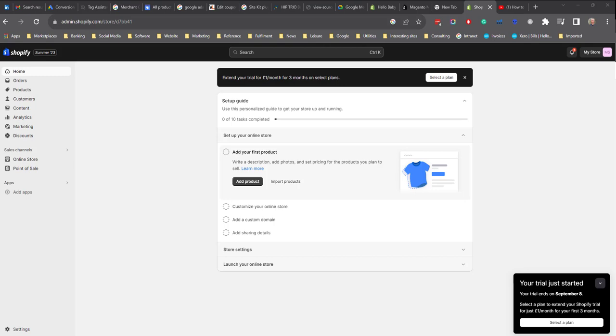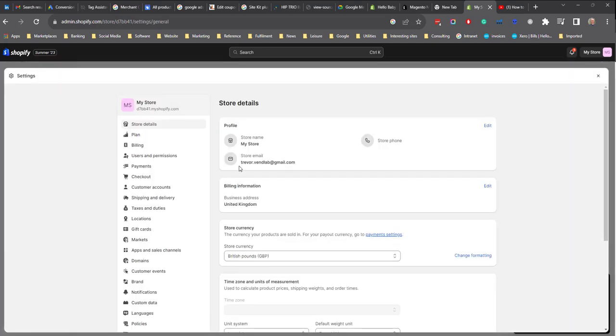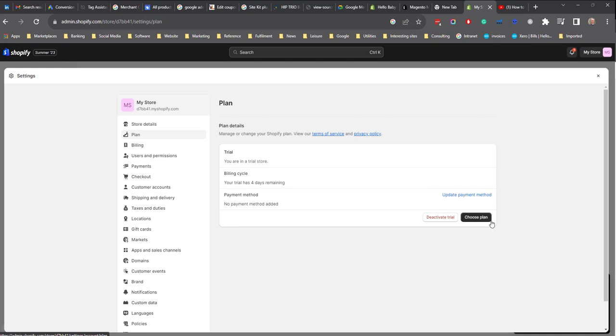Once you have set up your Shopify free trial, you will want to select a plan. You can either do this by logging onto your Shopify account, and it may have an alert here, and you select a plan, or you can go into settings and then plan. So if I then click on choose plan,